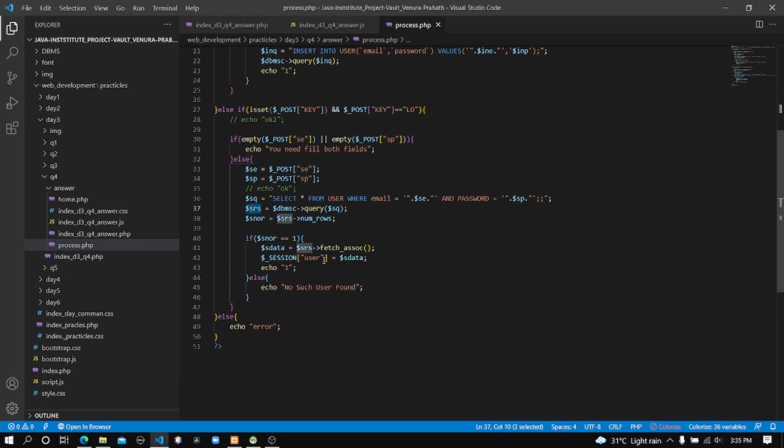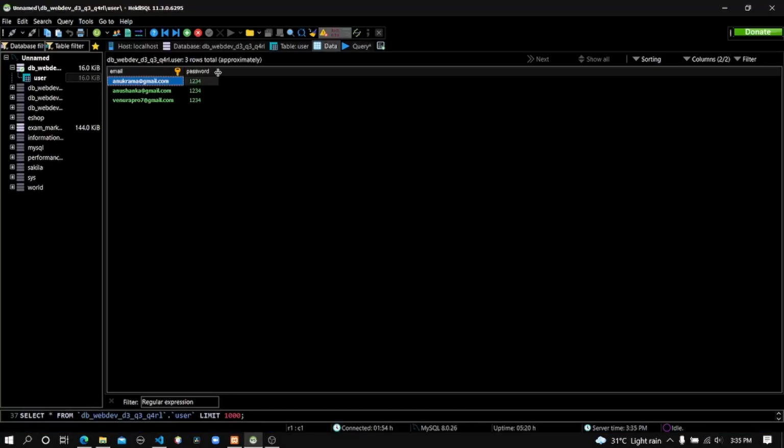I told you it's in table format, so it will pull the first line, or first record, out of that result set and put the values of the attributes in an associative array.